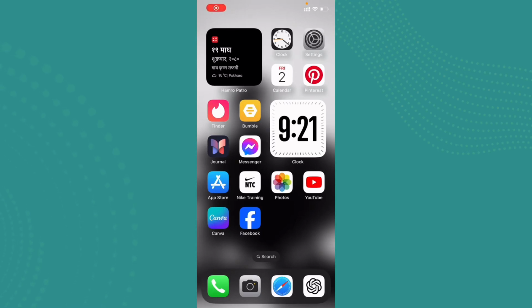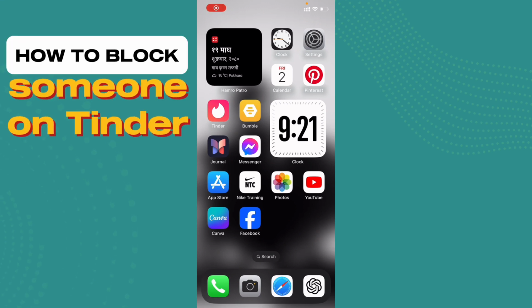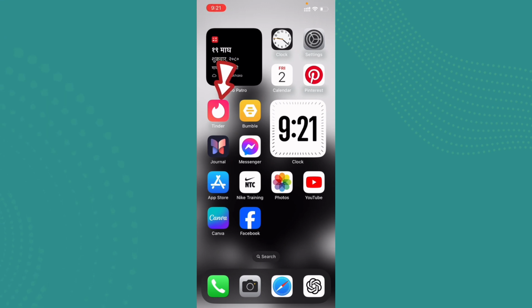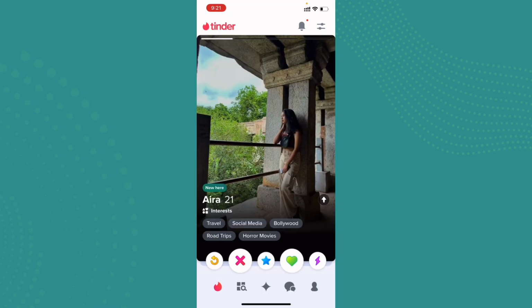So in today's episode, I'll be guiding you on how you can block someone on Tinder. To get started, go ahead and open up the Tinder application. Now the user interface will appear somewhat like this. Here you can block two types of persons, which is the one that you are matched with and another one